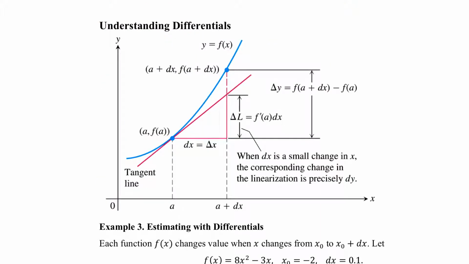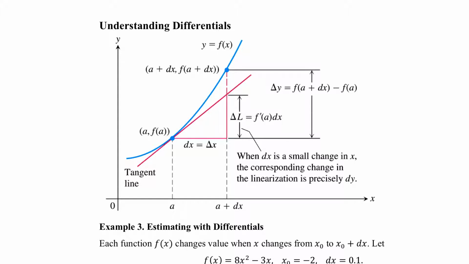Let's understand what differentials are from a geometric standpoint. Again, they're really just measuring change. So we have a couple of different cases of change going on. You can see here we have delta y. Delta y is simply the change in the y value. If you look at the change in the y values, f of a goes up to here, which is f of b, or really just a plus the change in x,